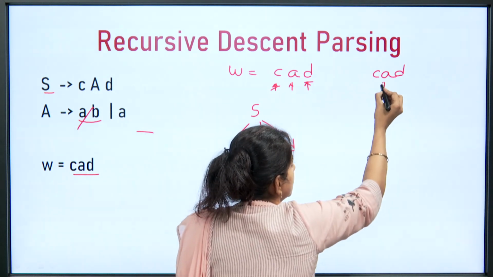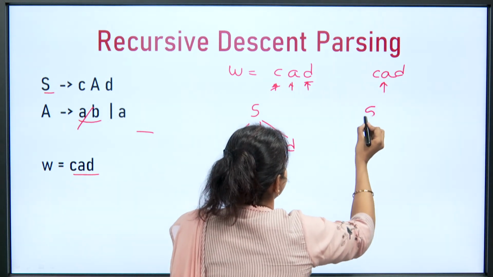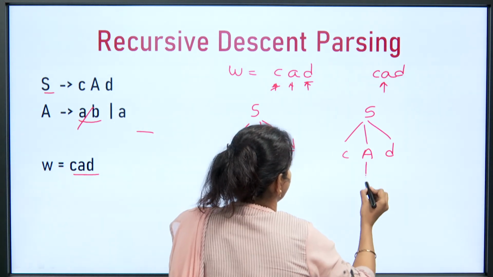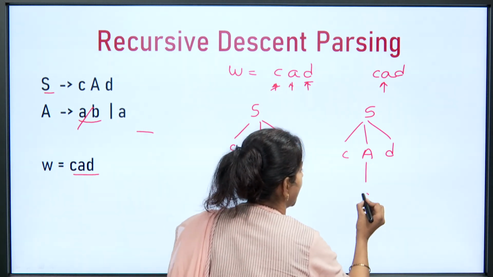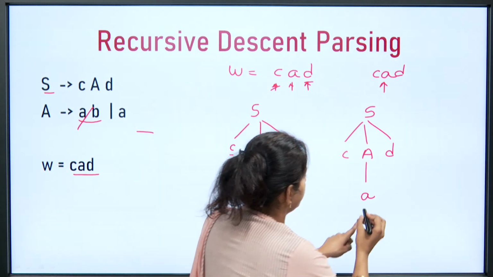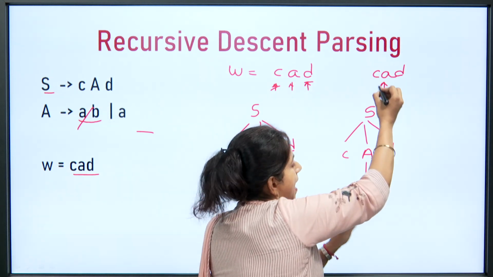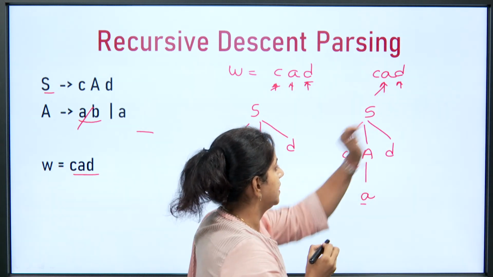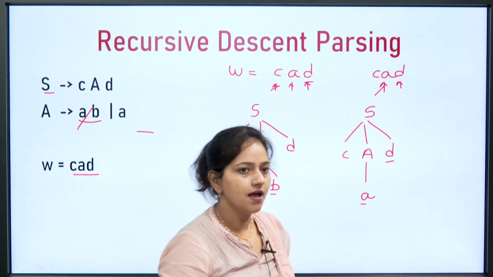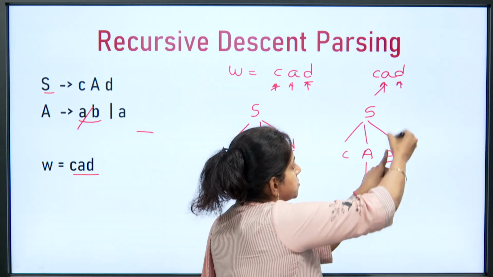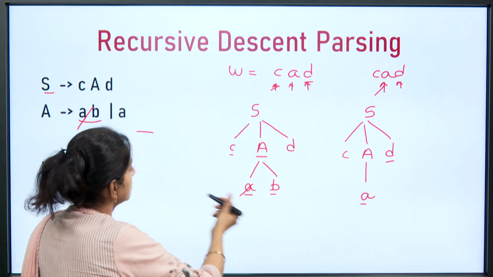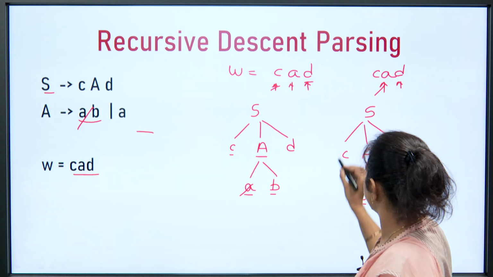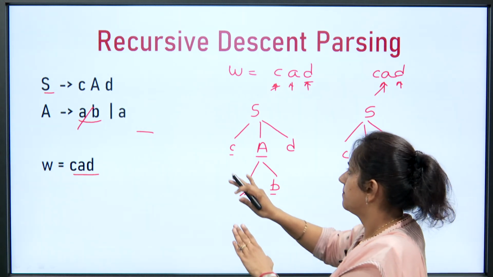So, again it will point to this cell, and because we backtrack, it will be S to CAD, and here we apply the next alternate for A, that is small a. Here we have A and here we have A, this is matched. So, we advance the input pointer one cell to the right, and here we have D and this terminal symbol is D, and it is matched. In this way we are doing the parsing using a recursive descent parser, where the string is obtained, and backtracking may be done over here.